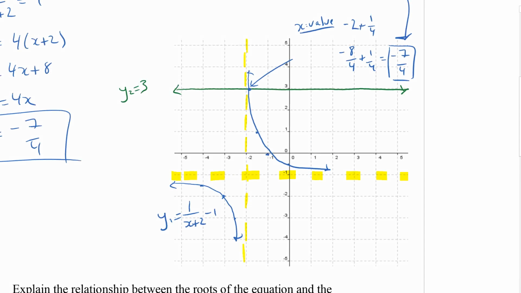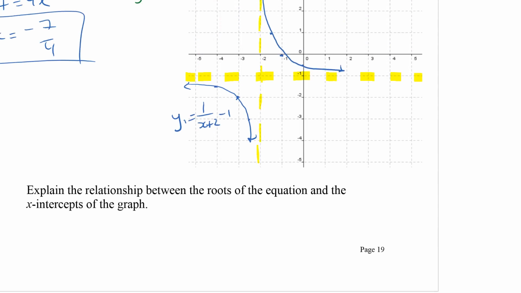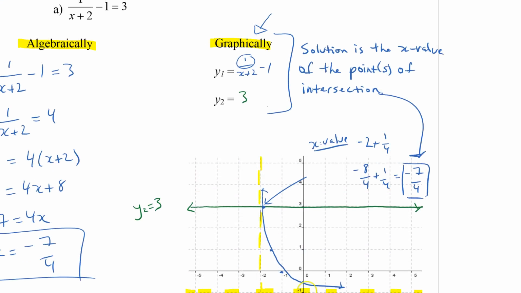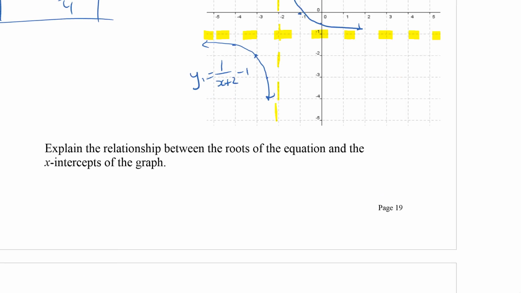Looking at the bottom here, it says explain the relationship between the roots of the equation and the x-intercepts of the graph. I think this question is referring to the fact that there are two methods to finding a graphical solution. This is method number one, where you equate the left-hand side with one line and the right-hand side with another. But you could also use a second graphical method,